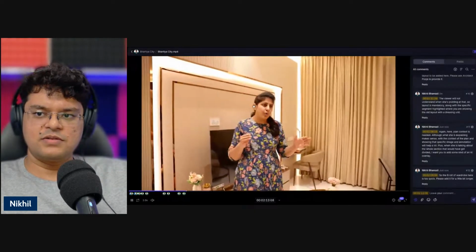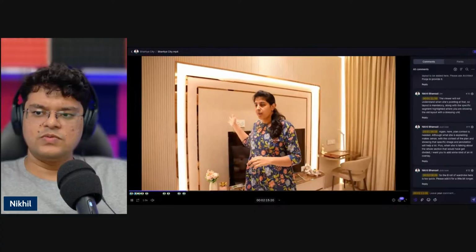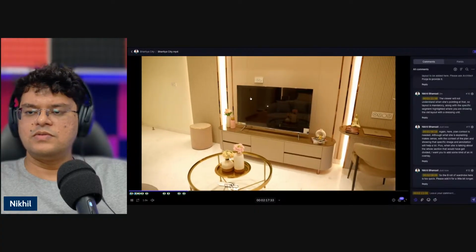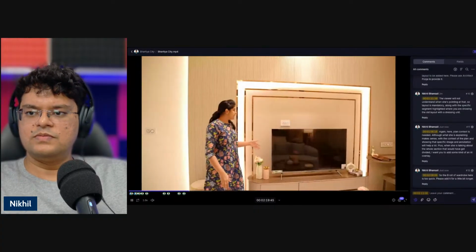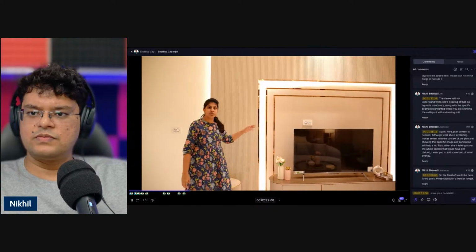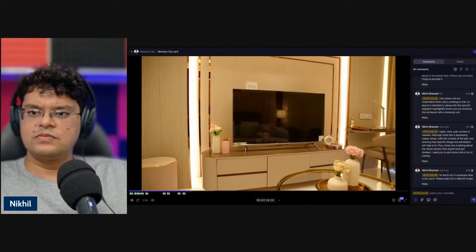So we moved the TV unit to this wall because this would act as the emphasis point for this entire studio. So basically we created this TV unit in two layers. The front layer was a